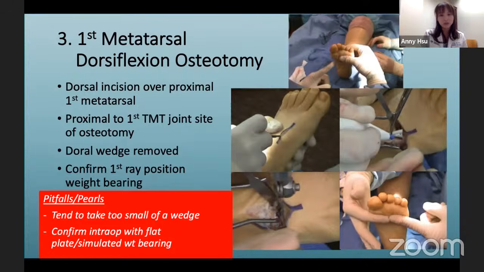And the way to really check that is to take a flat surface. So sometimes take the instrumentation tray, a clear radiolucent surface, to pretend and press down on the foot so you can get a better idea of what a weight-bearing x-ray is for your correction. And that way it can give you a more real-life correlation of how overcorrected or undercorrected you are. Essentially, overcorrection is a very rare thing to do because the wedge would have to be extremely large.